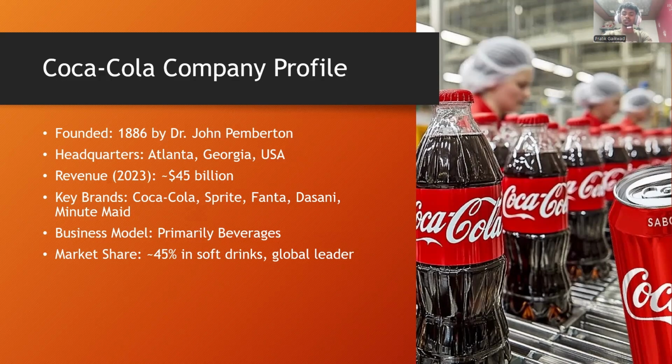Coca-Cola holds the largest market share in the soft drink industry with around 45%, making it the undisputed leader. Its strength lies in brand loyalty and an extensive global distribution network, ensuring its products are available in almost every country. Despite not having a snack segment like PepsiCo, Coca-Cola's strong brand identity, effective marketing, and deep market penetration keep it ahead in the beverage industry.